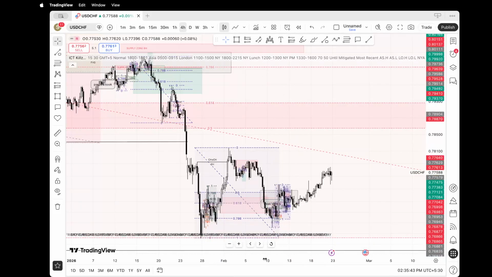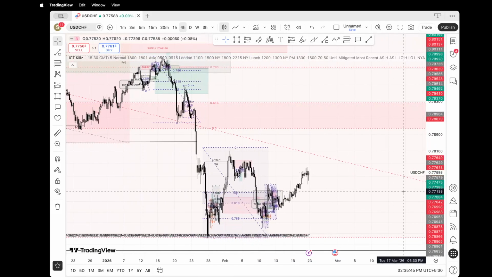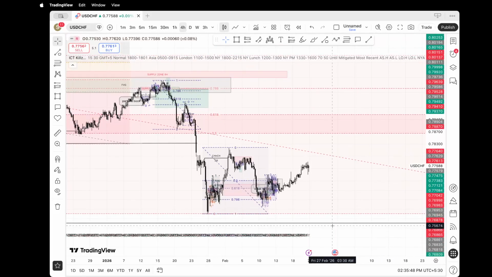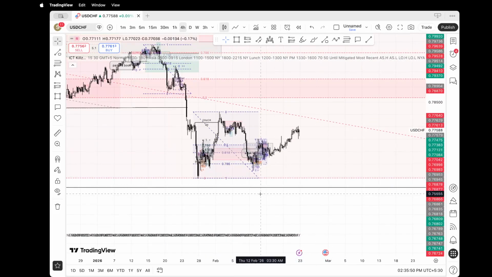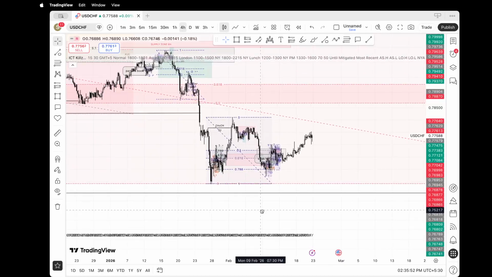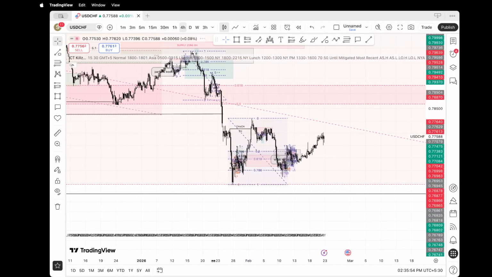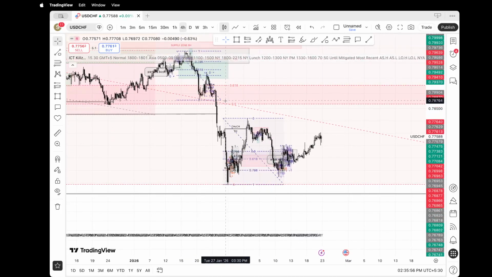Okay, so what exactly is happening? What we actually see here is in higher time frame, 4 hours is completely bearish. We don't have any change of character or anything that's going on. But yes, we do have a pullback, a break of structure, a pullback,